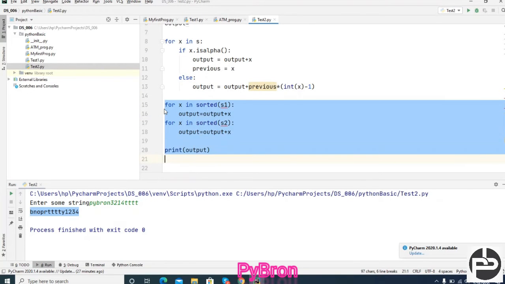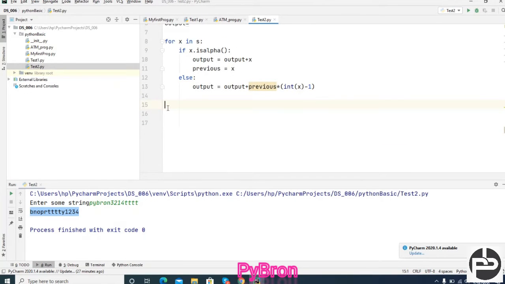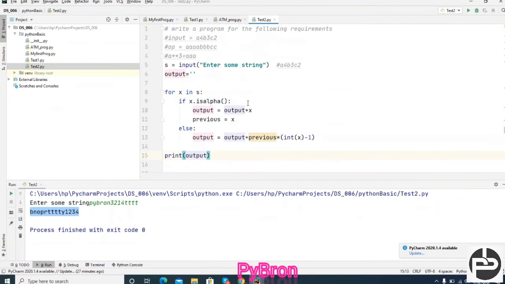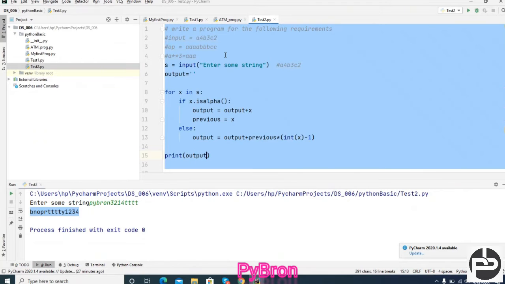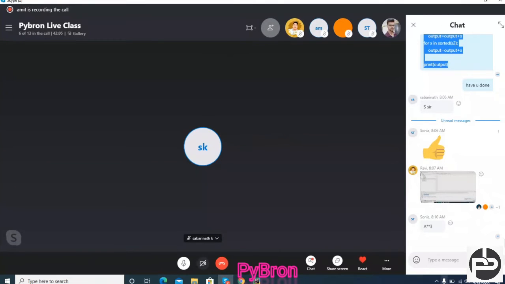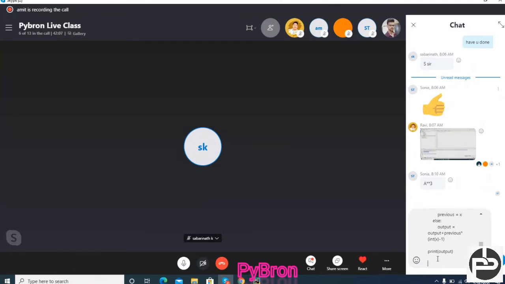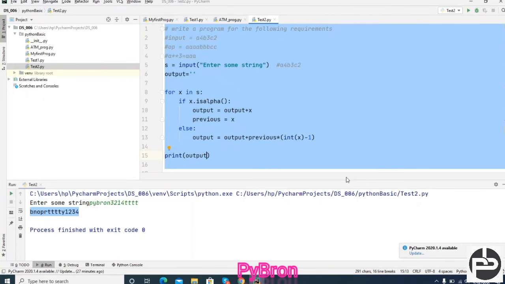Once it is done, you can print the output. So this is the complete program, I guess I have written, so you can do this kind of thing. This is also one kind of program, a most popular question if you are going for interviews.